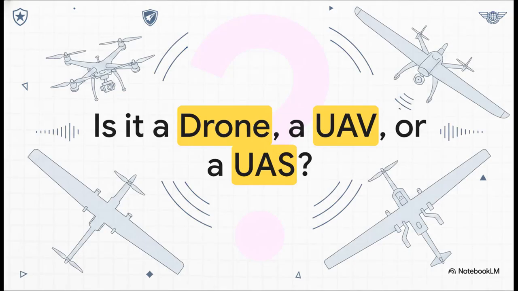Have you ever noticed how the Department of Defense, the Federal Aviation Administration, and international bodies like the ICAO all seem to use completely different terms for the exact same flying machines? You'll hear drone on the evening news, UAV from an aerospace engineer, and UAS from a regulator. It's incredibly confusing, right? But here's the thing, these aren't just interchangeable buzzwords. These different terms actually stem from vastly different requirements, legal frameworks, and even military versus civilian concepts.